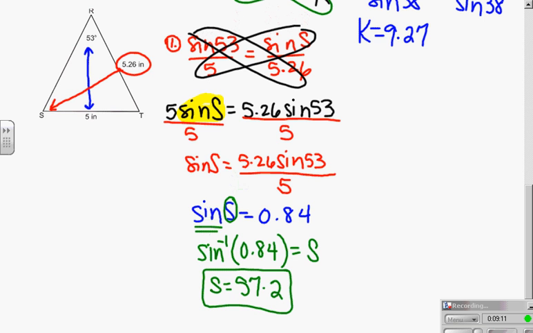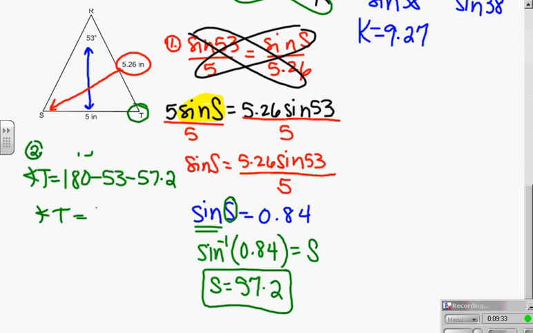Now, to find T, it's a pretty sweet deal, because now I can just do angle sum. And so I know that angle T is equal to 180 minus 53 minus 57.2 by the triangle sum. And I know that angle T is 69.8. That third angle can always be found by subtracting from 180. That's probably the slickest, nicest way to do that. I'm going to put the law of cosines information